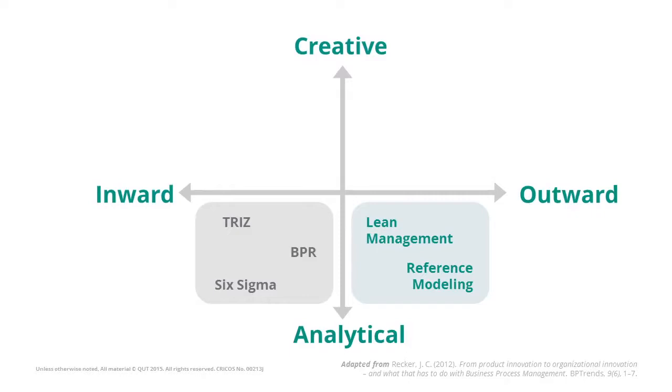about process improvement. Another approach that also fits within this quadrant is reference modeling, where you would take an industry standard and try to impose that on your organization from the outside to the inside, but it is still an analytical approach in the sense that there are tools and techniques to start comparing a reference model with your existing